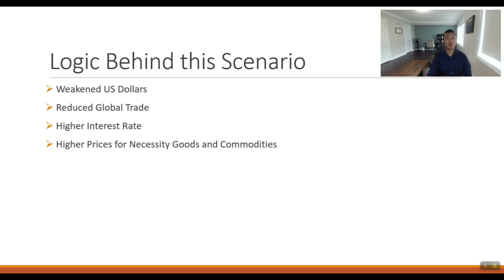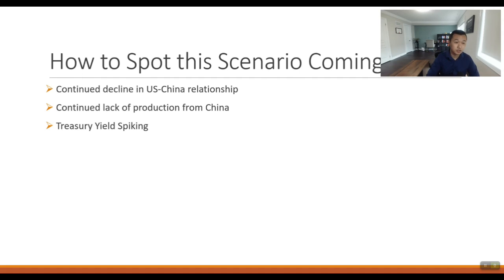And in this case, we're probably also going to see a weakened U.S. dollar. So how do we protect ourselves in this scenario, and how do we know if this is going to happen? Because if we always try to protect our money for the worst case scenario, we're never going to make money, and we're probably going to lose money most of the time. So we want to understand what the worst case scenario is, and how we know when it comes.